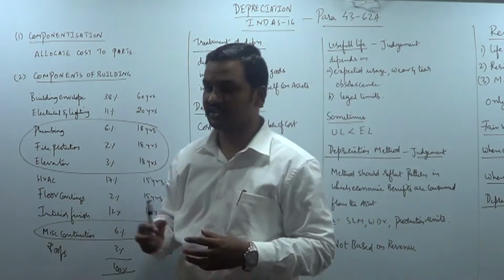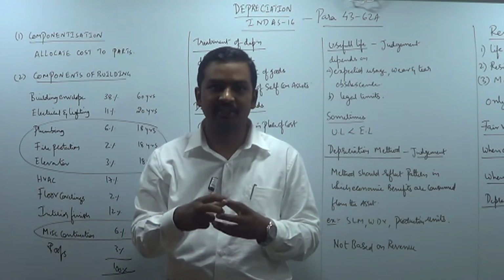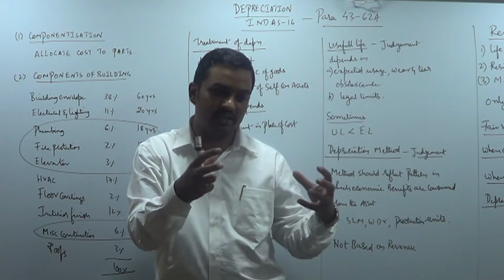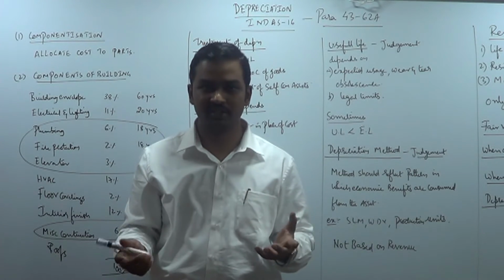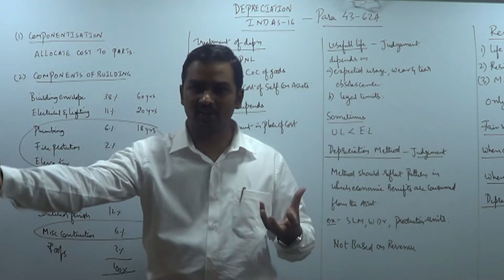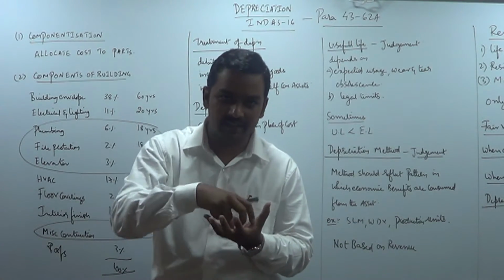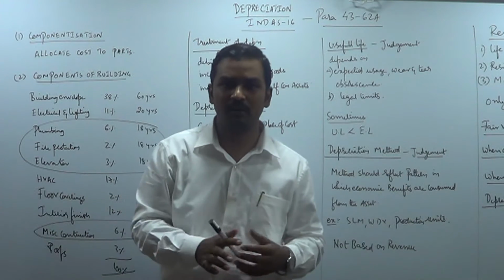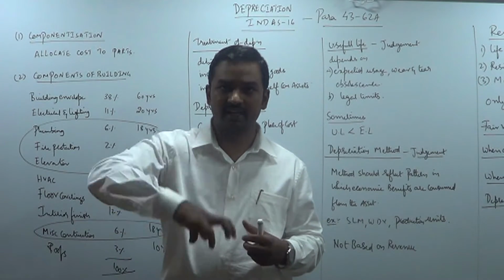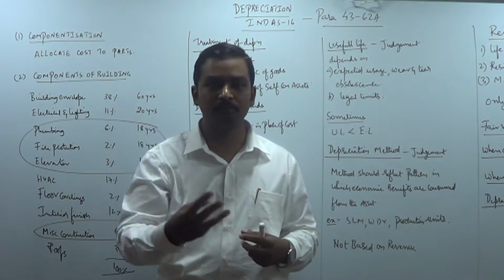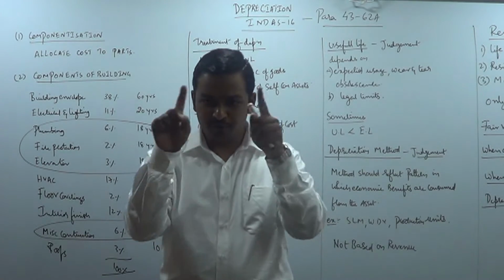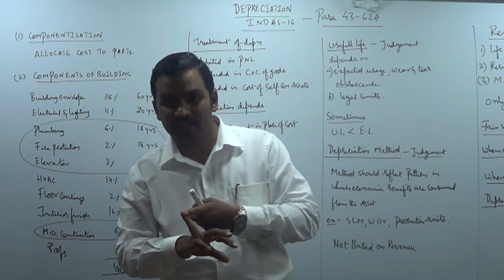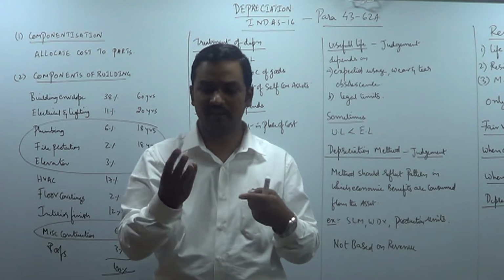So now what is componentization? When an asset is initially recognized, the total cost of the asset is allocated to its parts, to its components. That is called componentization. Instead of capitalizing the entire cost of an asset as one item, we are going to recognize the entire cost in different components. Example, an aircraft can be divided into, let us say, 3 components. One is the frame of the aircraft, the body of the aircraft. Second is the engines. The third is the landing gear,